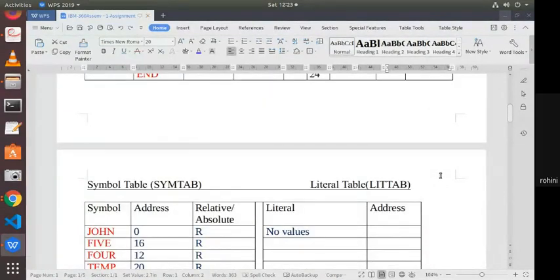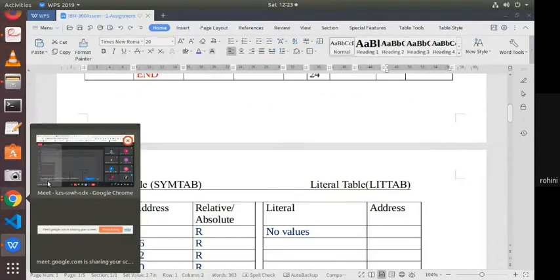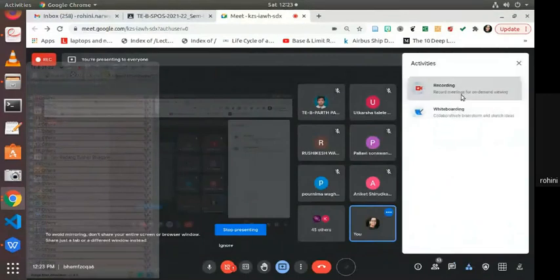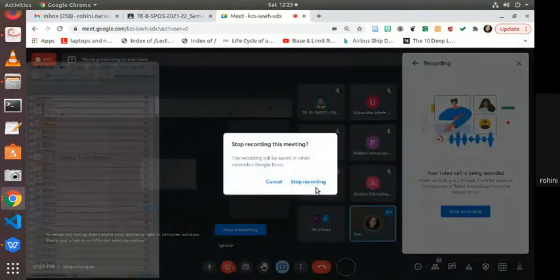So here we have completed unit 1. For your better understanding, I will add some more examples, or I will provide you the PDF for those examples. And from the next session, we will go for